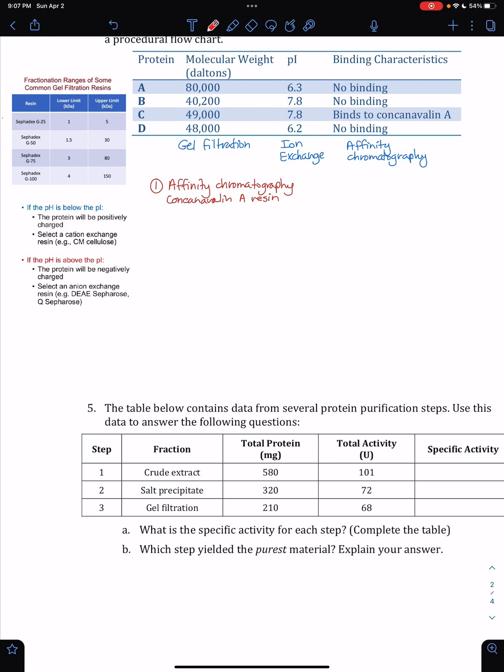All right, so what's that going to do? That is going to give me, in this tube, protein C, and in my other fraction, I'm going to have A, B, and D. Okay? All right, so step two